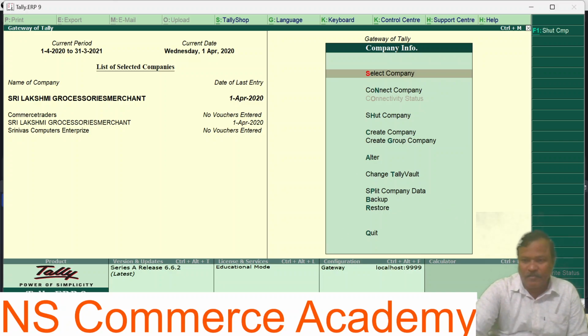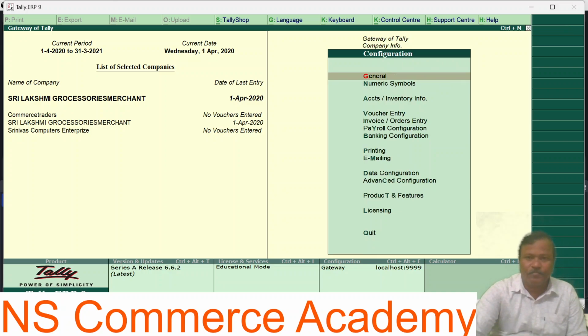Then the main part is configuration. For this purpose, press the F12 button. Okay.